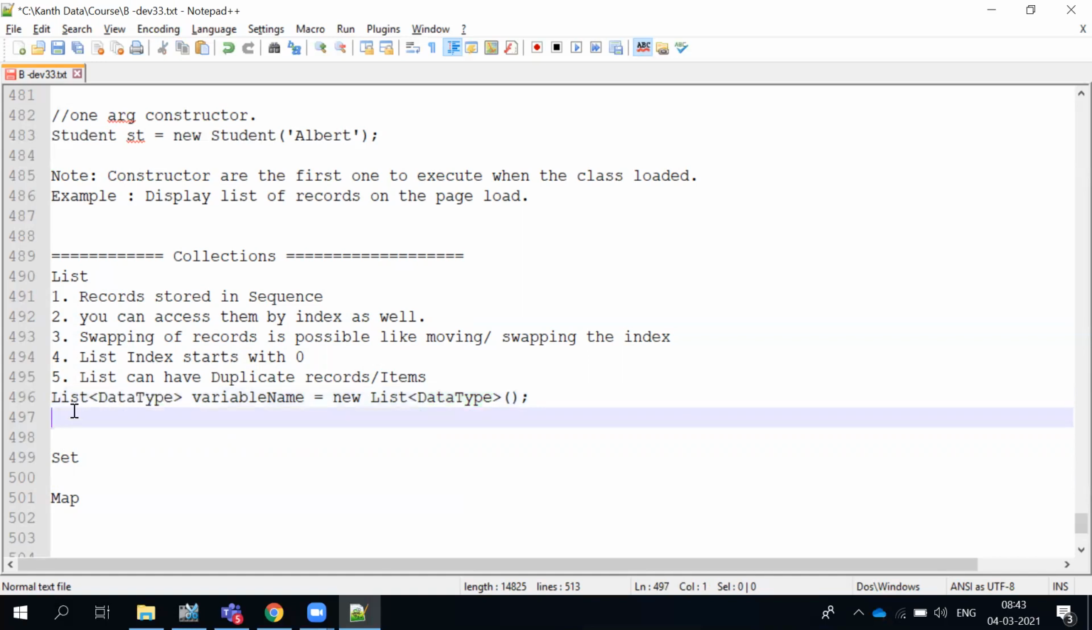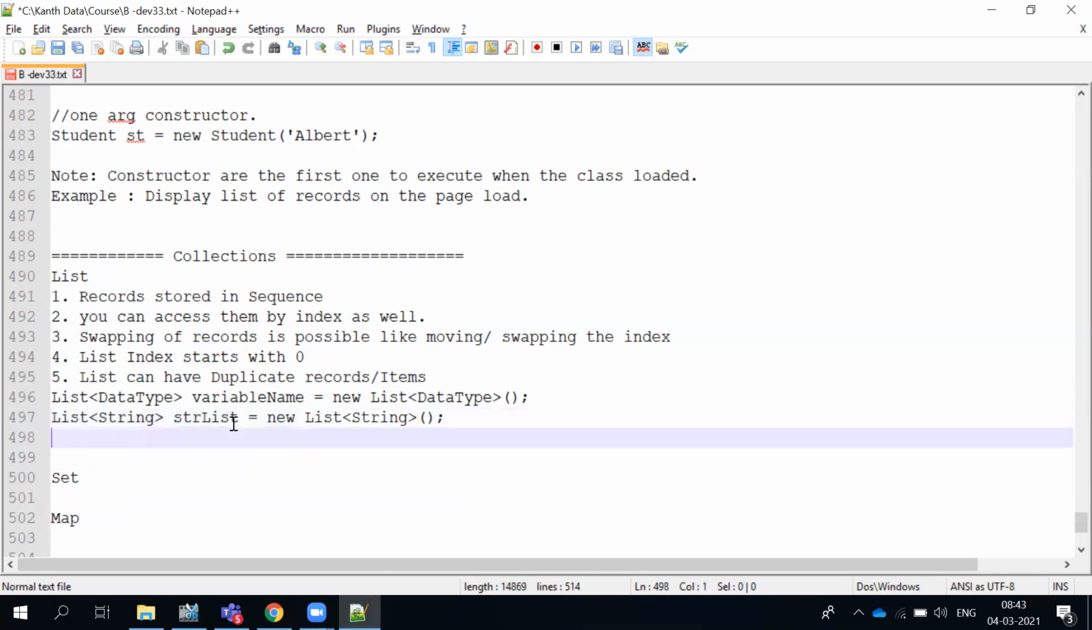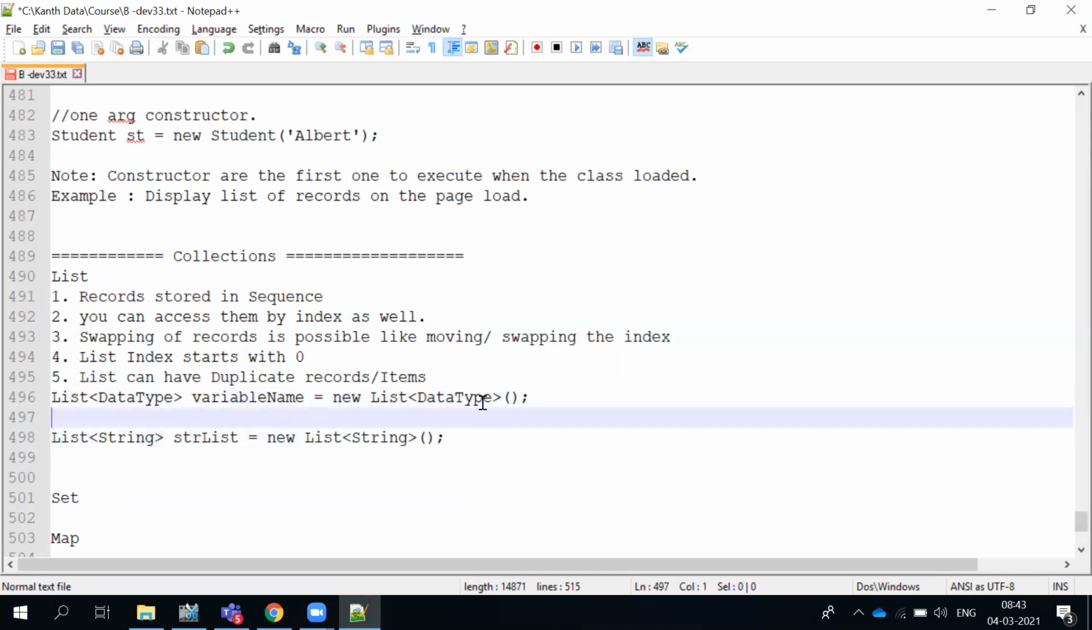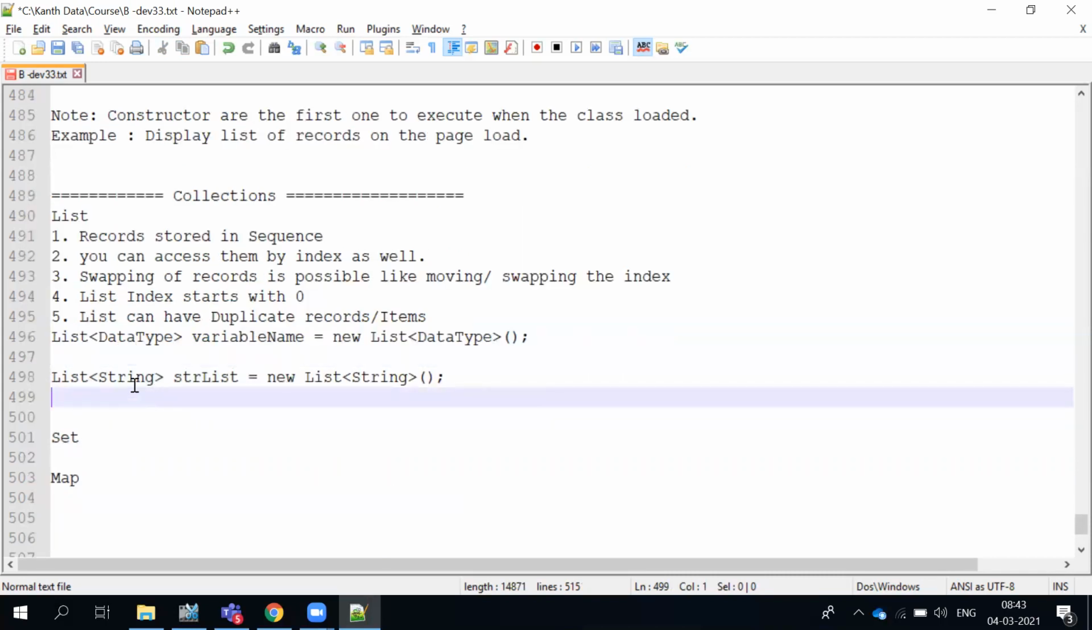A simple example could be a list of string, so str list. Now, how do you add elements to this list? There are a couple of ways. So what is the data type? The same thing as originally declared. Str list dot add. So the first element you're trying to add is